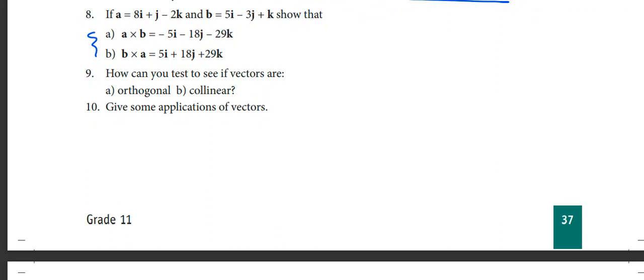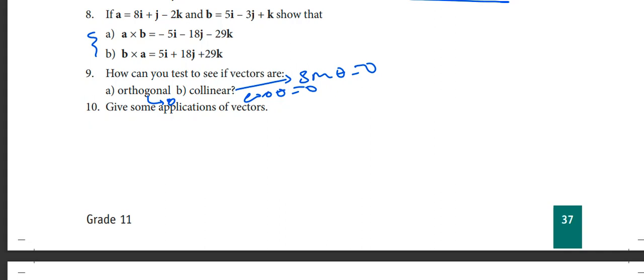If the vector product of two vectors is 0, the vectors are orthogonal ማለት ነው፣ which is cos theta 0 ከሆነ ማለት ነው። If the vector product of two vectors is 0, the vectors are collinear, which means sin theta 0 መሆን አለበት ማለት ነው።